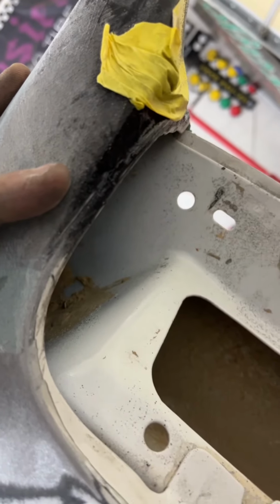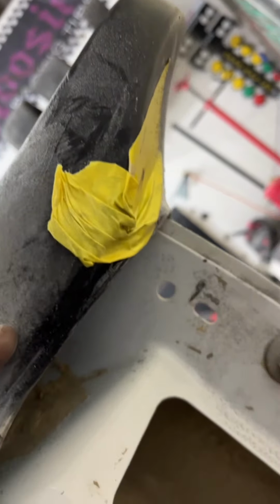So slowly waiting for it to cure. I've got it taped up. It's probably not helping